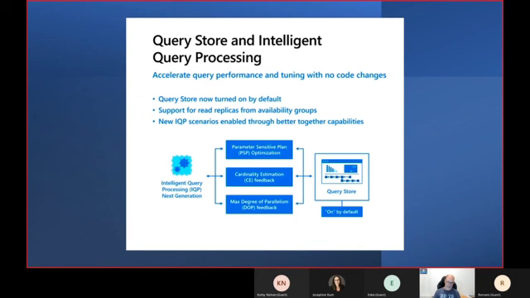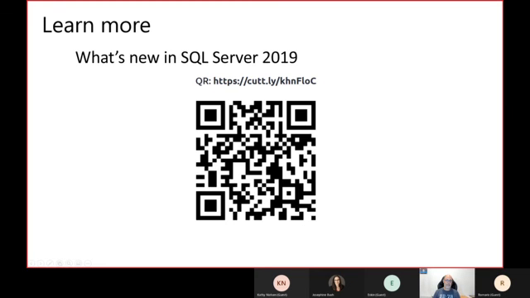So here are some of the changes that they are trying to include in SQL Server 2022 for performance. This, of course, will also have the same effect in Azure SQL Database and Managed Instance as well. And with this, we just finish the presentation.